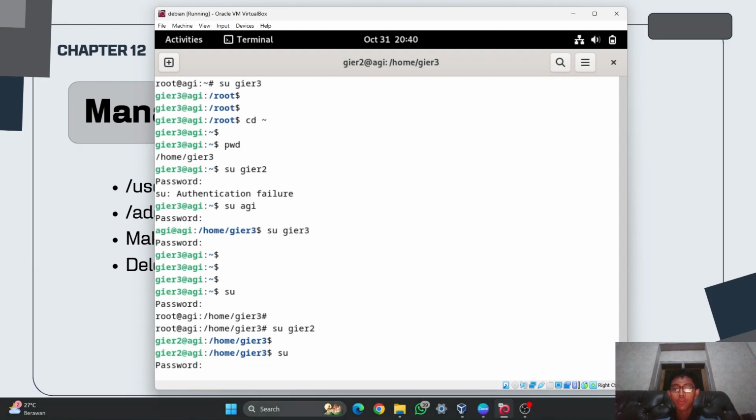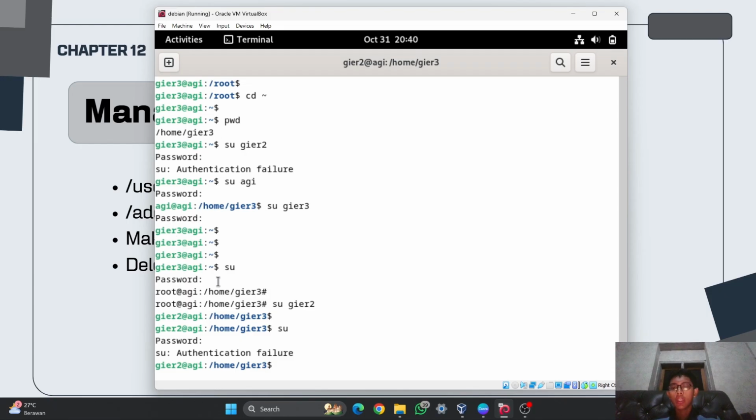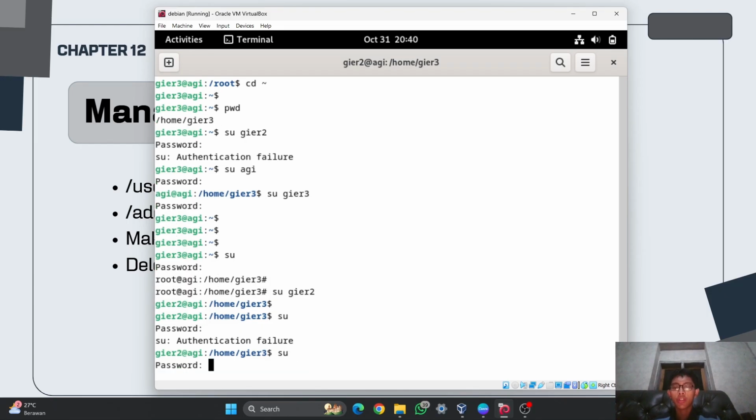But if you try to log in from gear 3 or Agi, it will not succeed, or the authentication will fail, because I don't know the password of gear 2, since I haven't set the password yet. Wait, I will log in to root again.